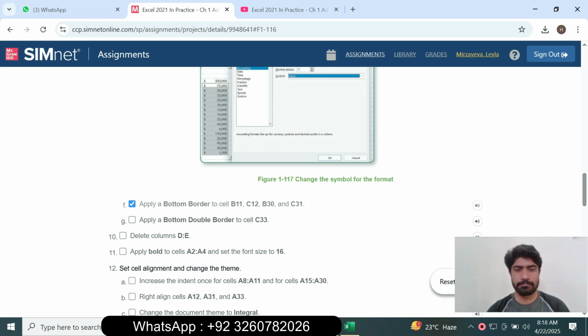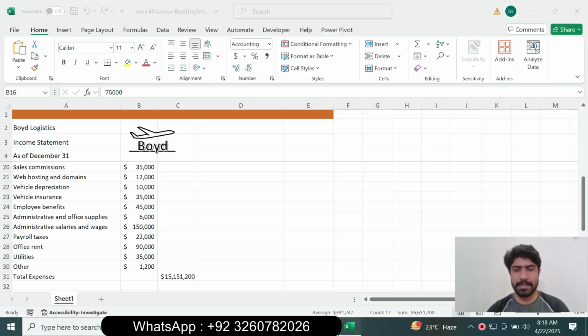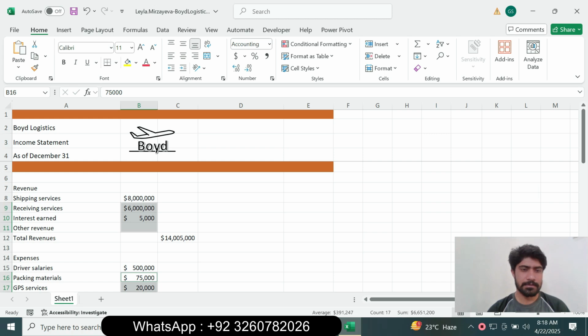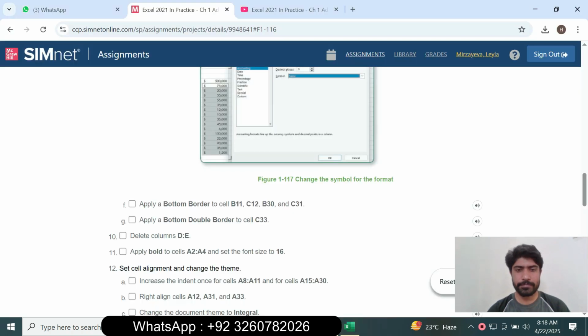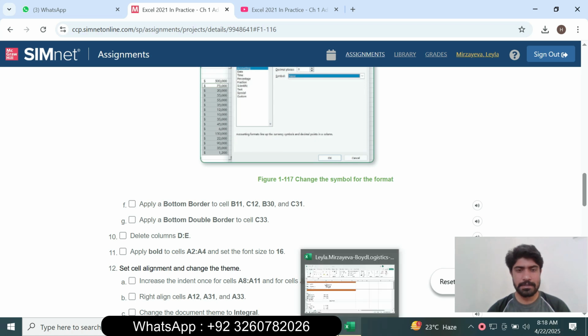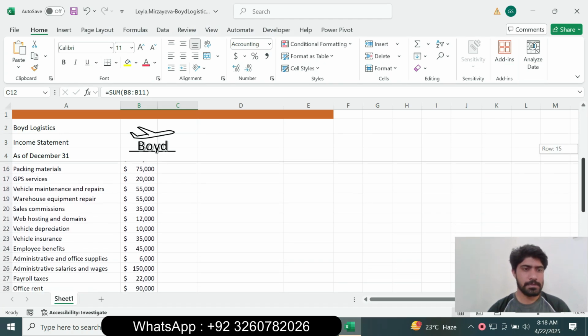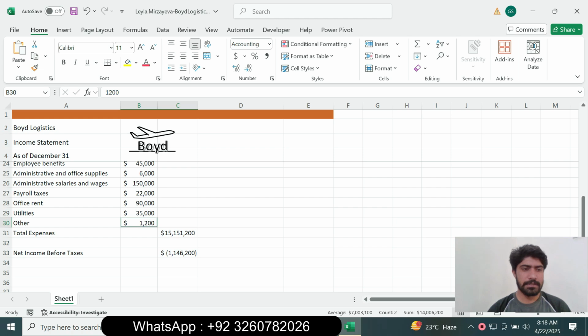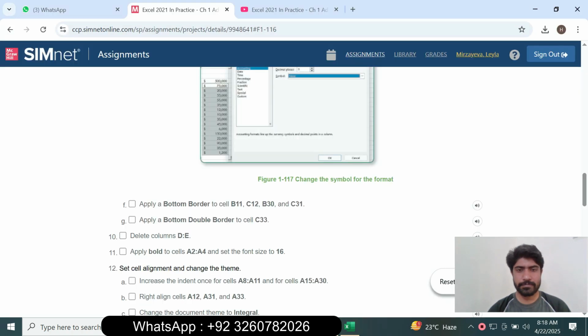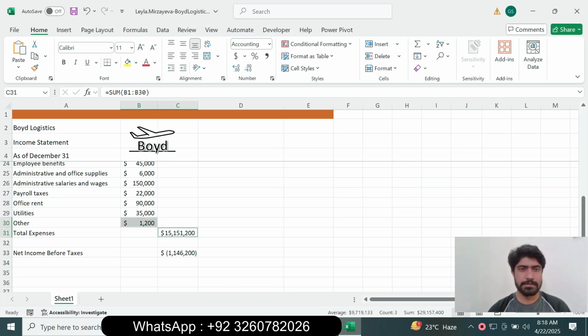So the bottom border in cell B11. Select the cells B11 and C12 and B30 and C31.